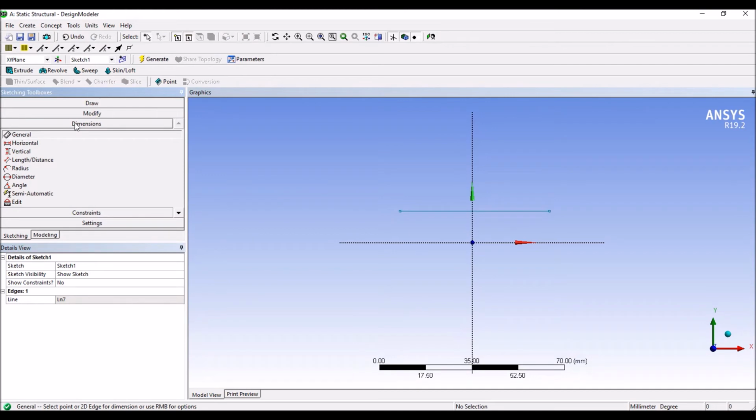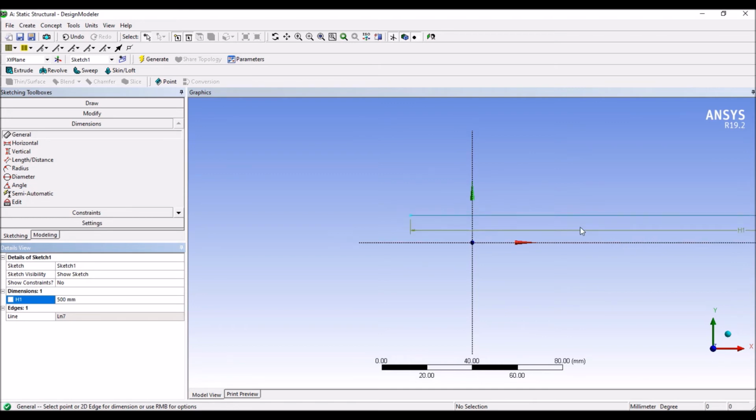So go to dimensions. Now give the length for the dimension. So the length here we are getting as 500 mm. Okay, so in the dimensions the length by default is 56.451 mm. Now I'm changing it to 500 mm. So type 500 and click on enter, so that the line length is changed to 500 mm. Okay, so just give the dimensions and click on enter. So the line is generated here.